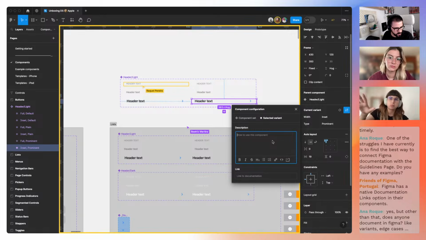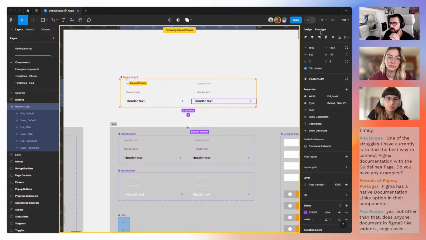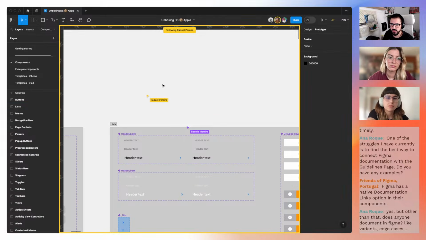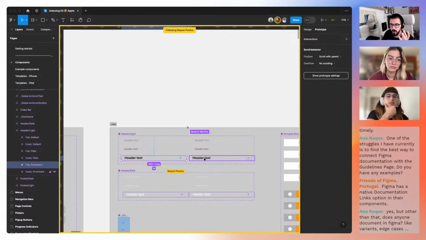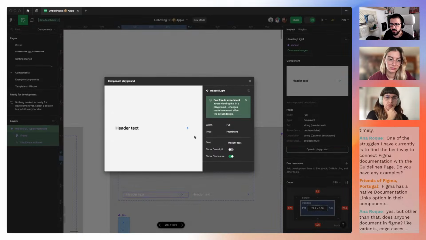If you would like to explain specifically one variant, just add the documentation for the variant. So maybe that's something you can dig into. Also, don't forget, I don't think they did the prototyping things and stuff like that. But one thing that you can actually look at in dev mode now is the playground, which, for